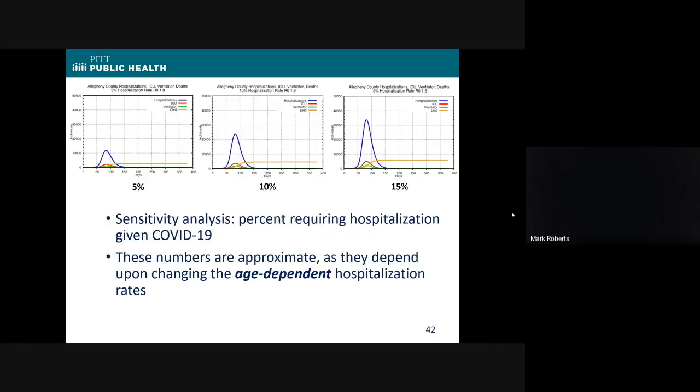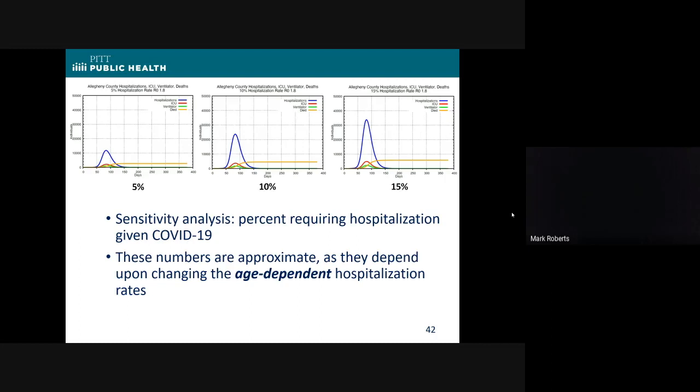However, lots of things still matter. So for example, this is just a quick sensitivity analysis over the likelihood of requiring hospitalization based on different assumptions about how likely you are to get symptoms, how likely you are to require hospitalization if you get sick. The original data coming out of China and Italy, and in the United States the original CDC data, had that pegged at about 20%. But if you look at the early data from New York City, the early data from Washington and a couple of other places, it looked like it was quite a bit lower than that.